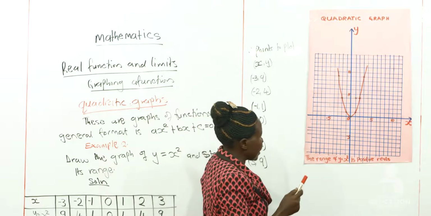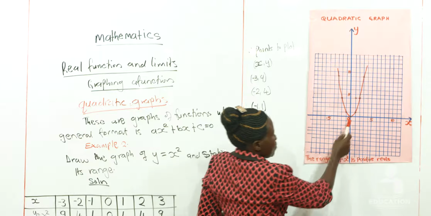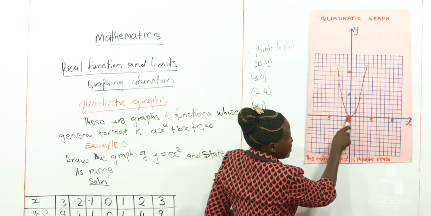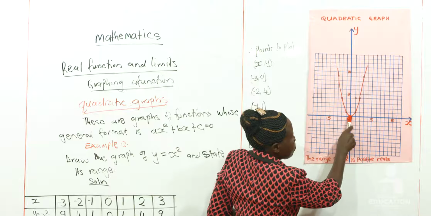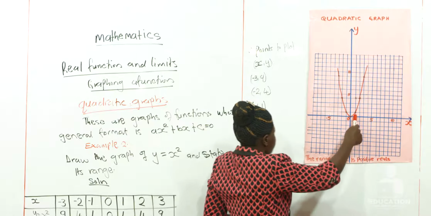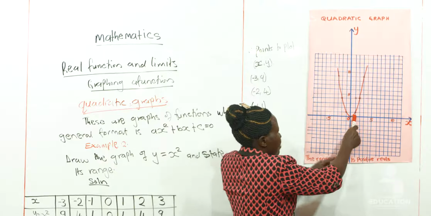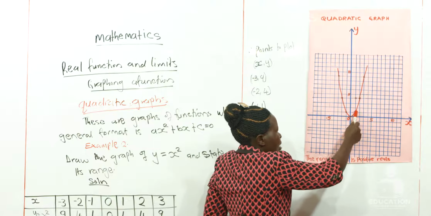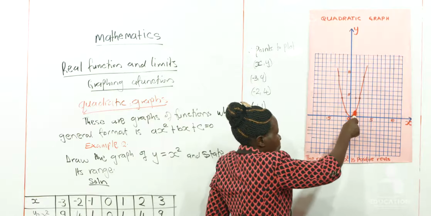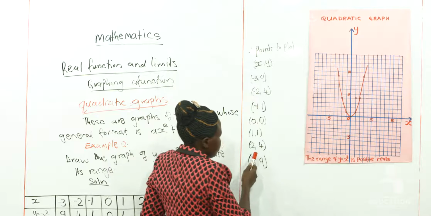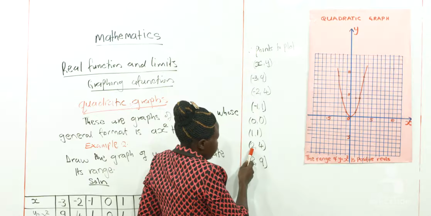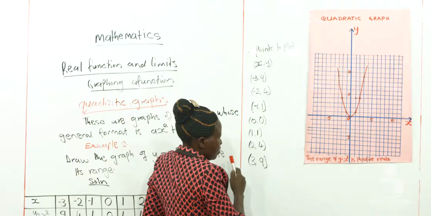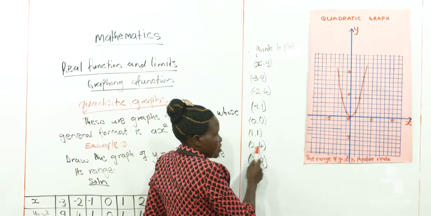Point number 5 is +1, +1. So on the x-axis, +1. You come to your center here, 0, and then you move 1 step, that is 1. Then move forward on the y-axis 1 step, which is 1 here. So you mark 1, 1 here. And then we come to point number 6, which is +2 and +4 on the